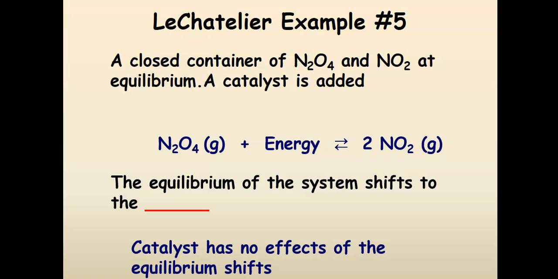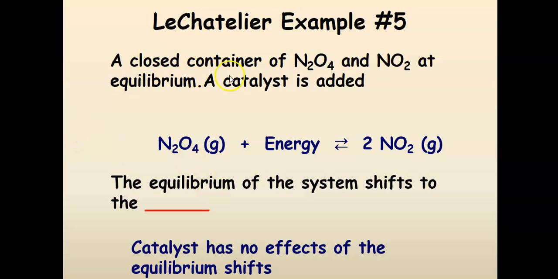So in this case, because it's a closed container, when this combines together to give the product, this also is now a reactant to give a product, which is the former reactant. So it goes forward and backward. In this case, a catalyst has no effect on the equilibrium shift. So take note of that. Anytime you have a catalyst, there is no effect on the equilibrium because it affects both sides,